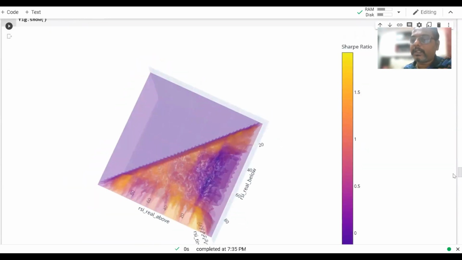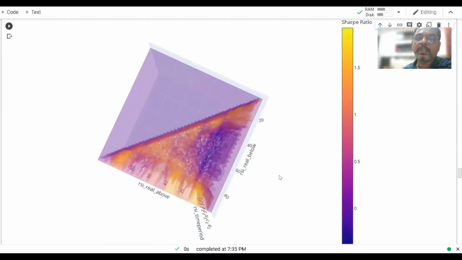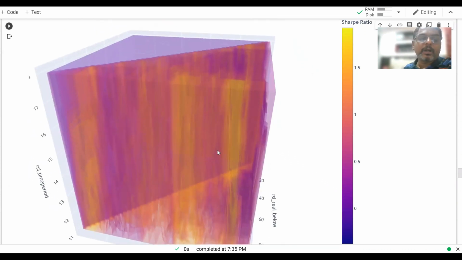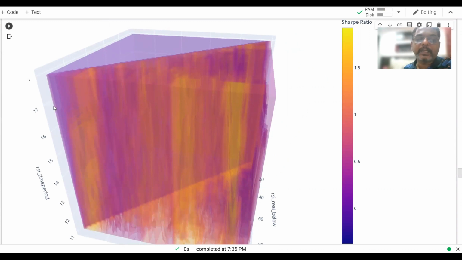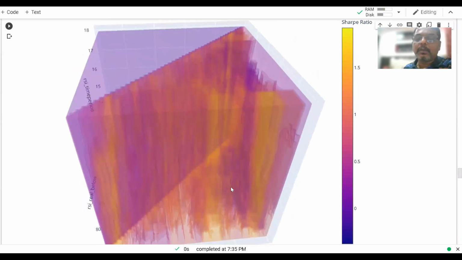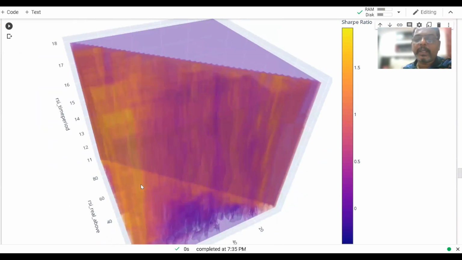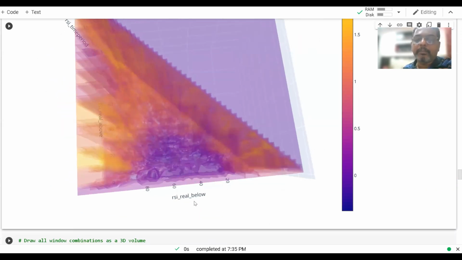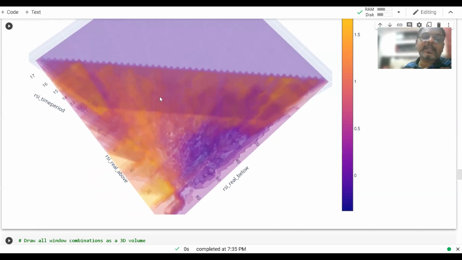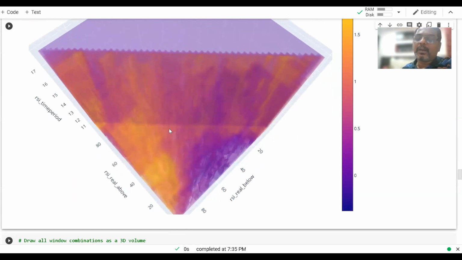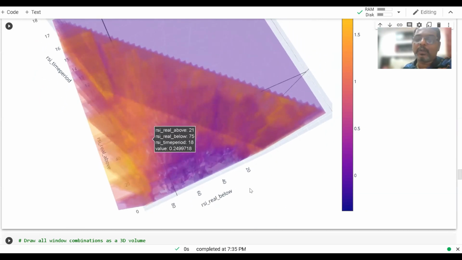This is my Sharpe ratio. Let me just take it in the center of the screen, and zoom in a little bit. Here, if you look at it, on the Z axis, we have the RSI time period all the way from 11, 12, 13 to 18. On the X axis, I think, we have RSI below, the level below which I am going to be selling, and RSI above, the levels above which I am going to be buying. These go from 1 to 99, and these also go from 1 to 99.